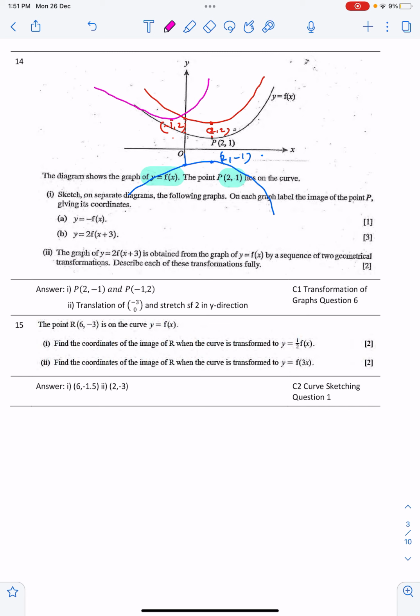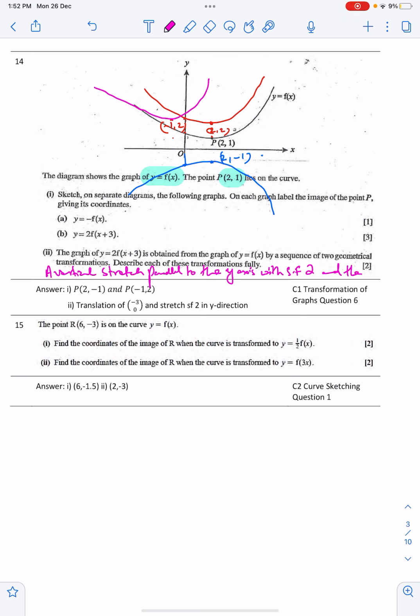Okay, so you will say the first one is, since you are doing a vertical transformation, a vertical stretch parallel to the y axis with stretch factor 2,